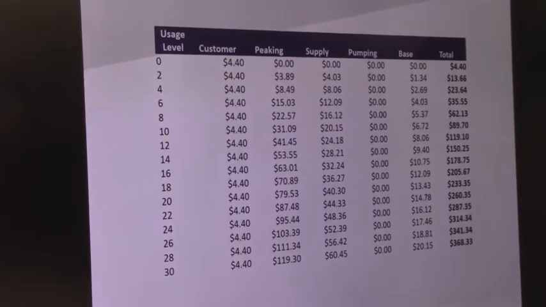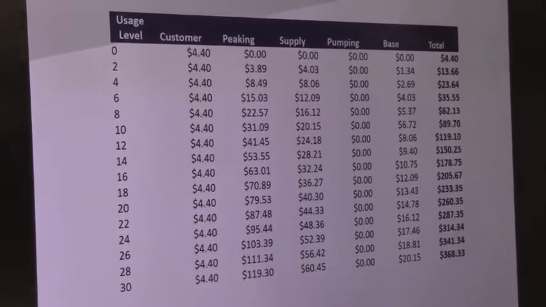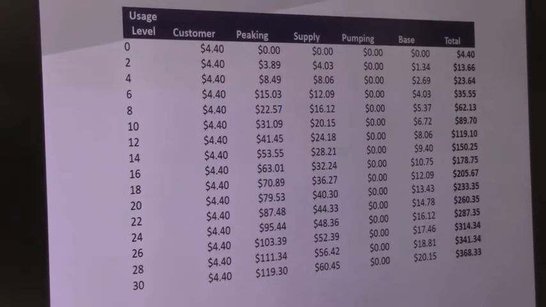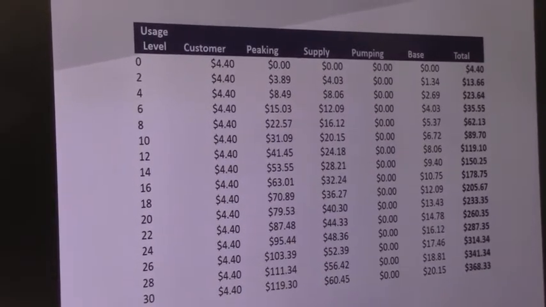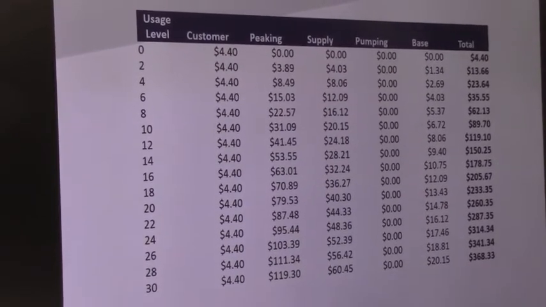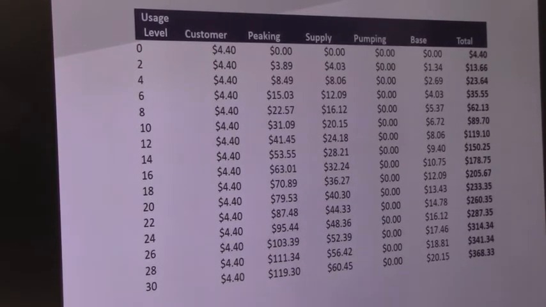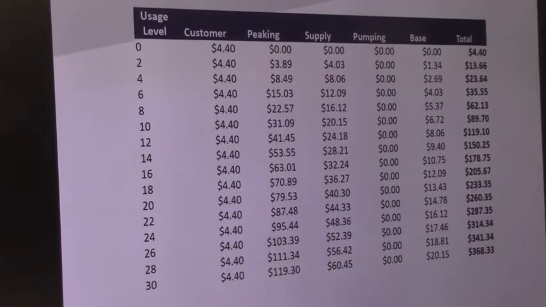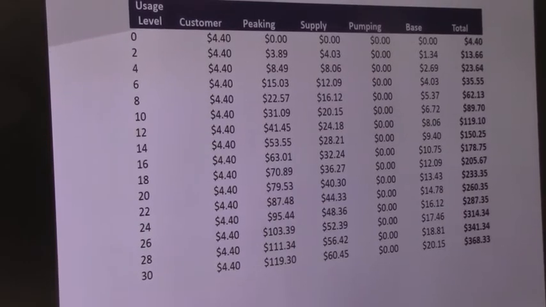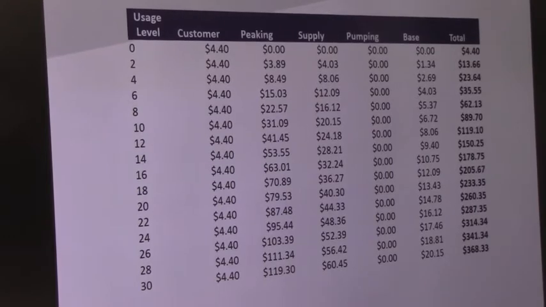And so if you had CustomerSelect plans and the customers were locked in for 12 months before they could switch out of that higher plan, your costs are on the right-hand side there. So a customer using a 2-unit plan would pay a flat $13.66 a month. A customer using an 8-unit plan would pay a flat $62.13 a month. These were all lower across the board. Looks that way to me. Than where we currently sit, I think.